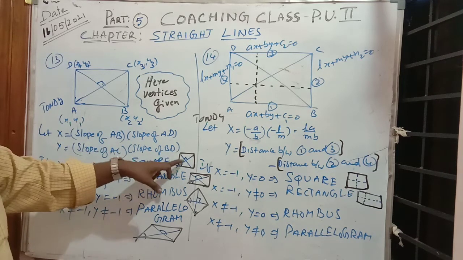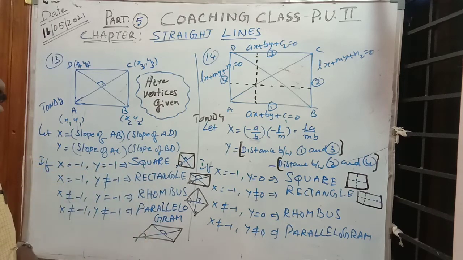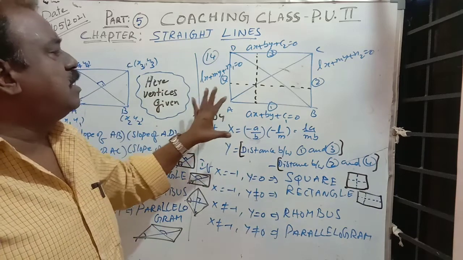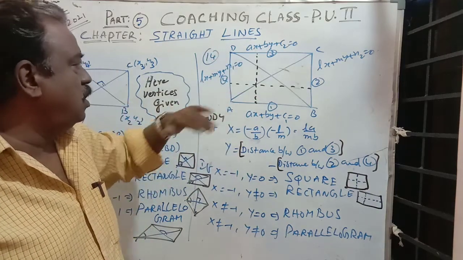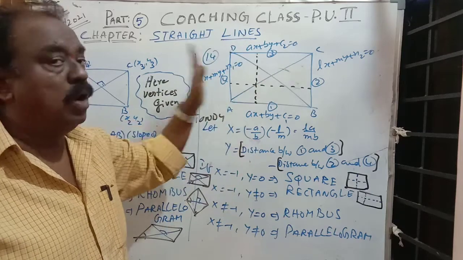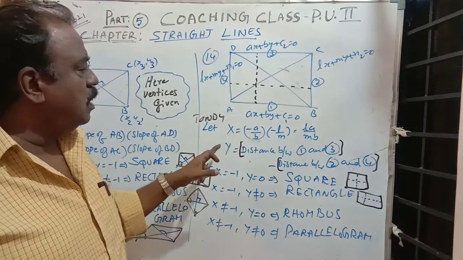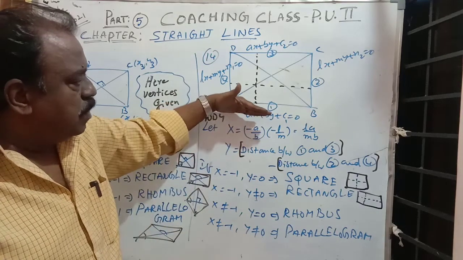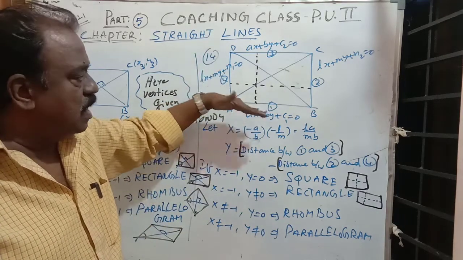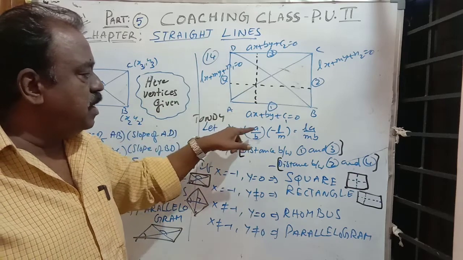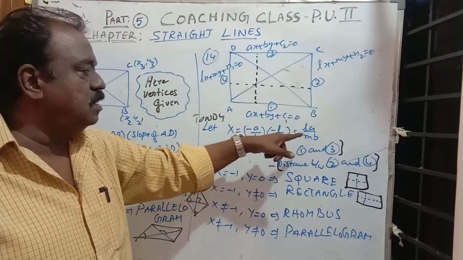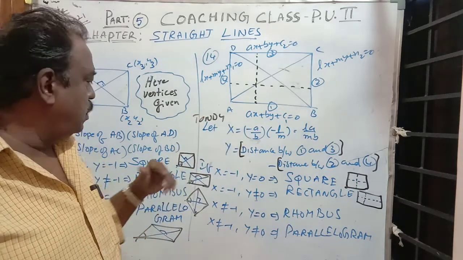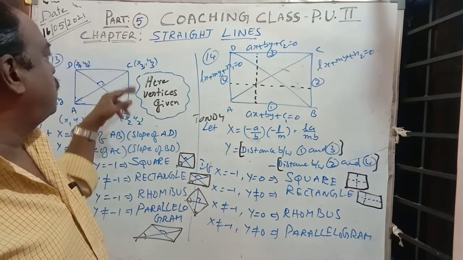That concept has diagrams here, but this one is important. Here the equations of the sides are given. Opposite sides are 1 and 3, and 2 and 4. The same concept applies. Capital X is the product of the slopes of AB and AD, the adjacent sides, that is (-A/B) times (-L/M), that is LA by MB. And Y is the product of the slopes of the diagonals.